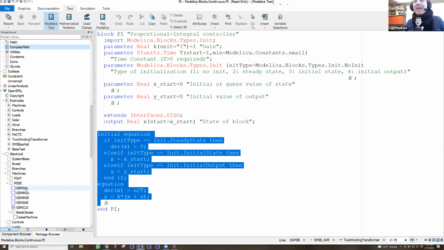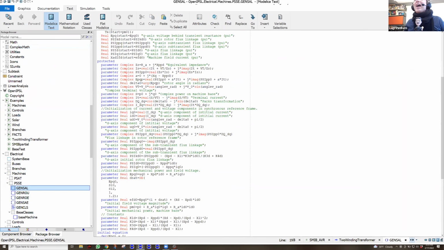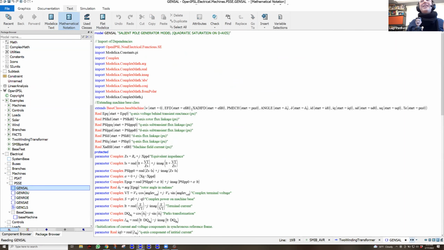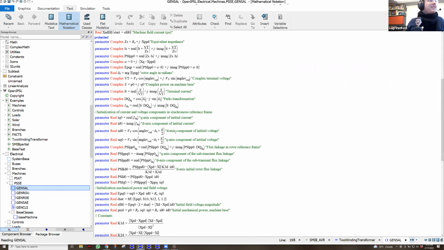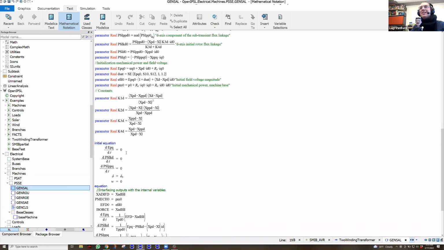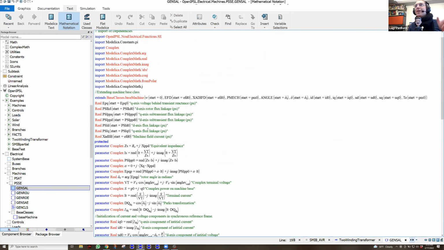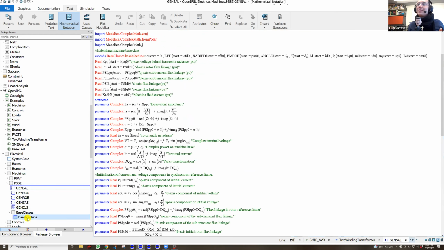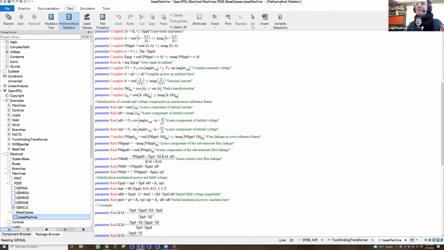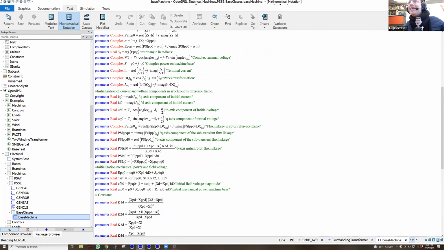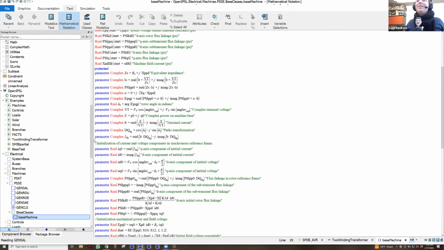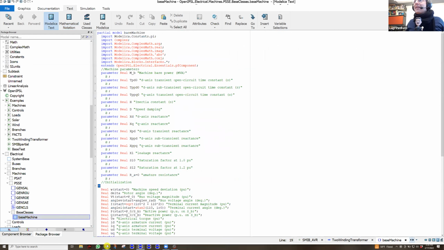So if you go here and you look at the machines, and let's look at Gensal, I get an initial guess based on a steady state. You can guess a steady state, or you can read it from our power flow, as I will show you, and then try to calculate all of the initial values for the states. So here you see that delta zero, the initial angle of the synchronous machine, is pre-calculated as a parameter, and is somewhere around here. It's in the base class because all of them use the angle of the machine because they're all machines. So I cannot locate it so quickly right now, but it's here somewhere. So I'll just continue. So that's what we do.